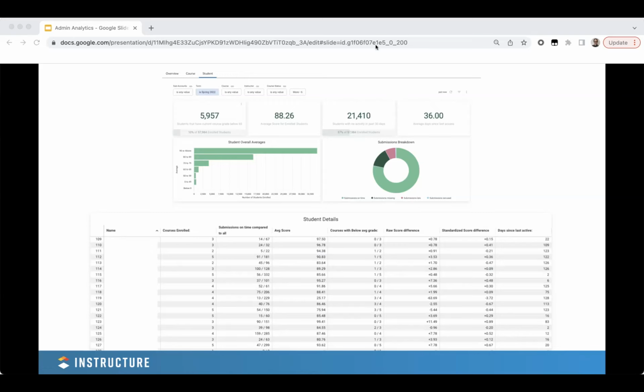Sorry, I've got another one. Does this also break down into learning mastery as well? Yeah, so outcomes are an area we've had some great feedback around, in terms of outcomes and the reporting around outcomes. At the moment, admin analytics won't include the granularity of outcomes and learning mastery, but that is something the product team have heard a lot about in the beta interviews. So it may be something that we're able to incorporate in future iterations of it.